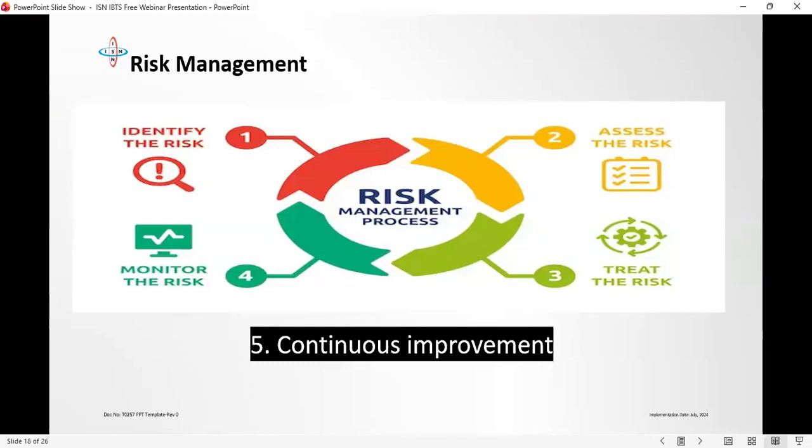It's not just saying, okay, I have a cut, let me put a plaster on it. If you put plaster on it, you did not sterilize the place. I tell you that small cut that you put plaster on will turn into pus that can cause you to amputate the arm. Same also if a risk in the lab is swept under the carpet. We don't see it, let's just cover it, and you don't monitor it.